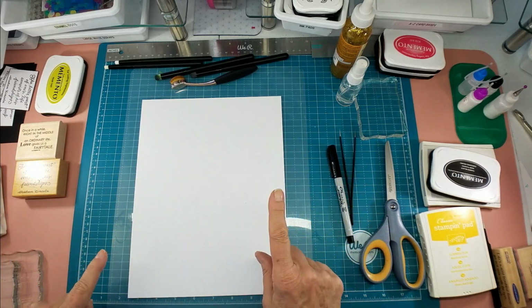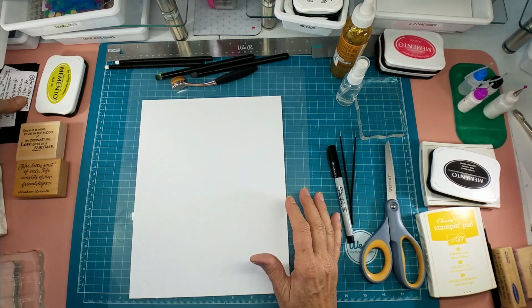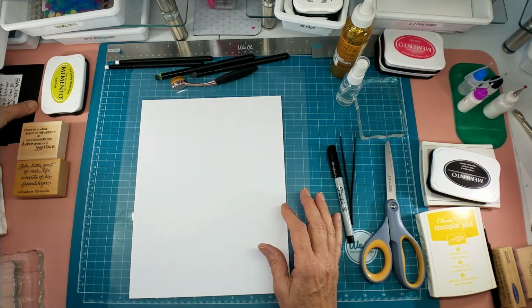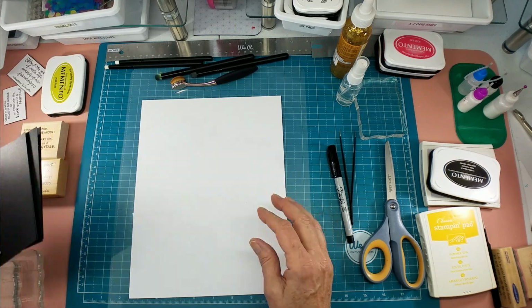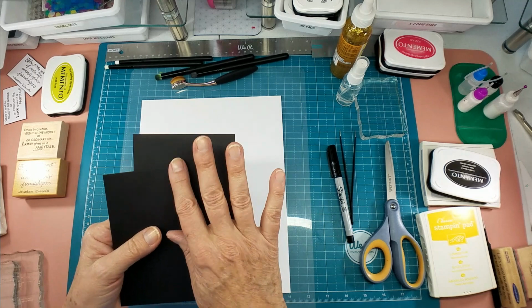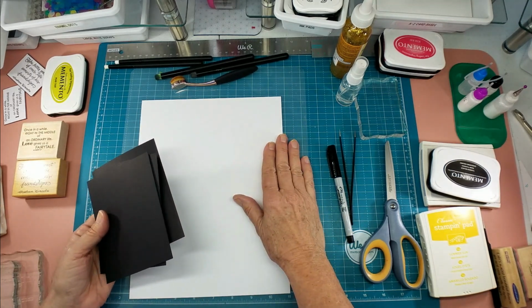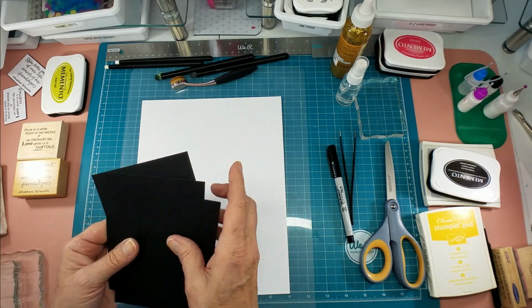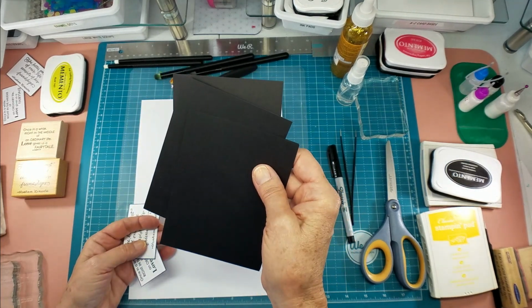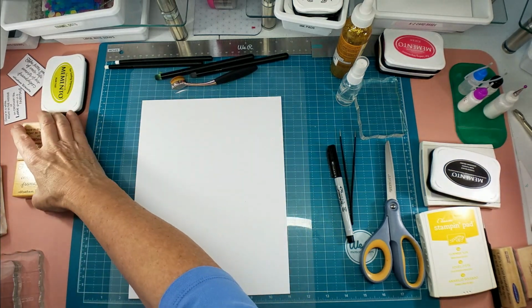So first of all, this is abstract, and so I like to put my abstract pieces on a black cardstock base. So I've cut 4 pieces because we're going to do a full sheet today, and that'll make 4 cards. So I've cut 4 bases that are 4 by 5 1/4, and then I've got just some general sentiments, and we'll use these